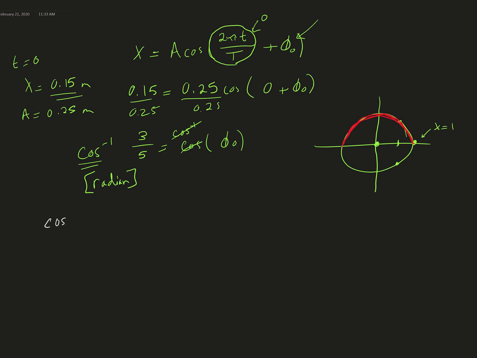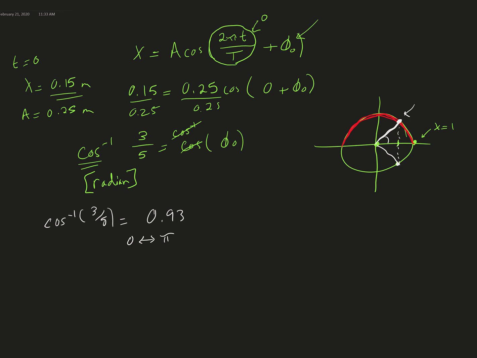Cosine inverse of 3/5. If we type that into our calculator and we are in radian mode, then that gives me about 0.93, right? And that makes sense because it's an angle that's measured between 0 and pi, and we knew that it should be somewhere between 0 and pi. So that tells me that this position up here would be when theta is 0.93 radians, right? So this is one of my possibilities. The other possibility, though, is, again, it could be down here because that would have the same x coordinate, right,